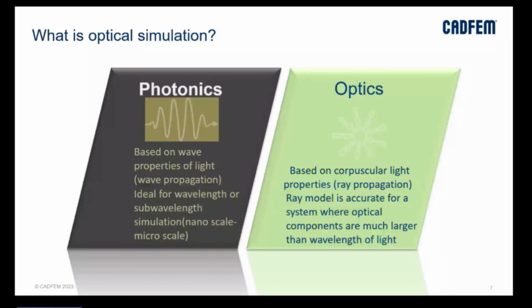say optical simulations. Photonics and optical simulation can be classified into two parts. One is called optical simulation, or a classical optic simulation, where we deal with the ray propagation of light, simply considering the photon as a particle. We consider that only photons are passing through some optical materials and geometries, for example lenses, mirrors, and all sorts of things which are much bigger compared to the wavelength of